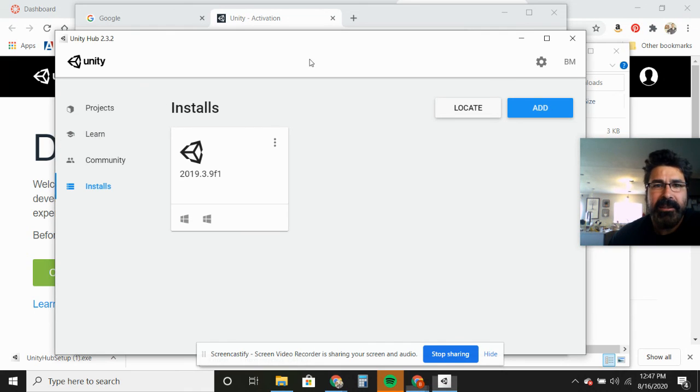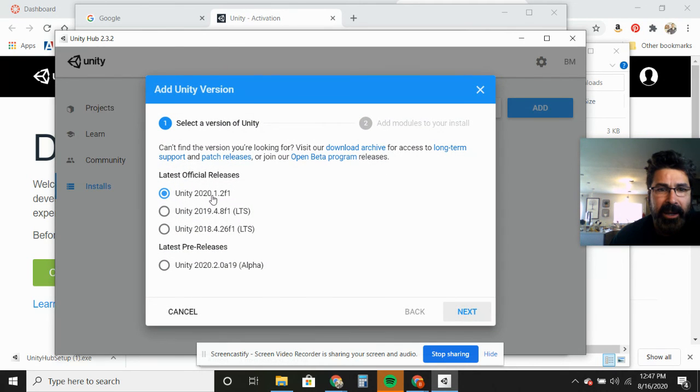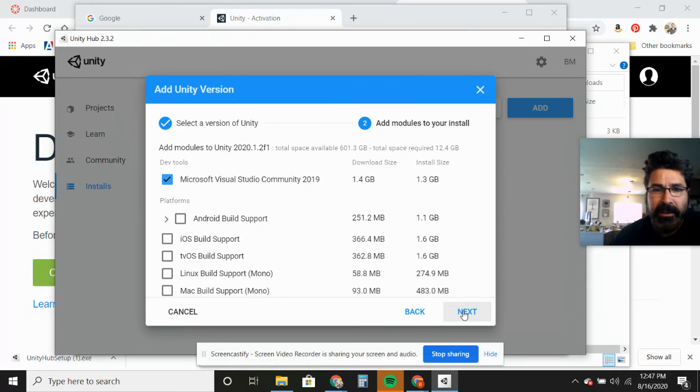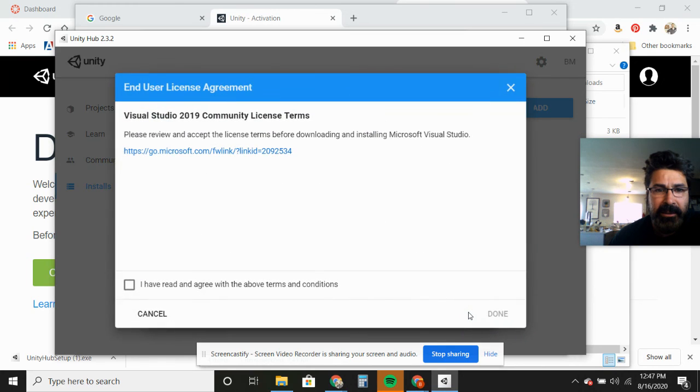Okay, so in that same window that I was just at, I hit pause, but I hit the back button. So now what I want you to do is click on installs, and I want you to add the newest version of Unity. Hit next, and hit next, and